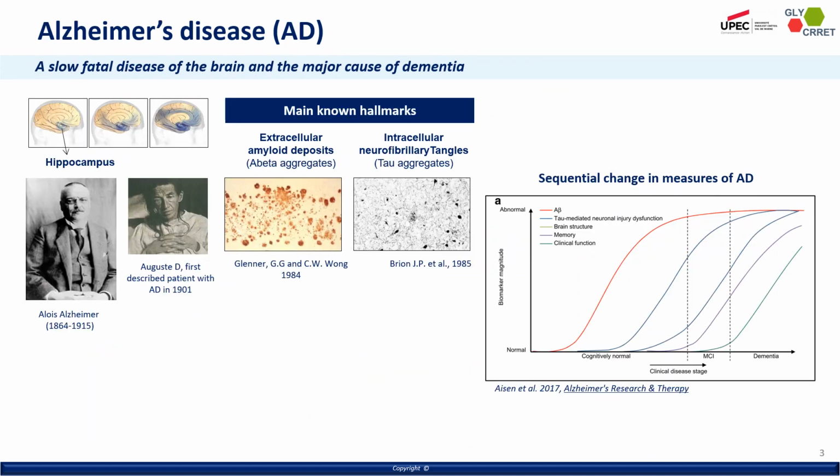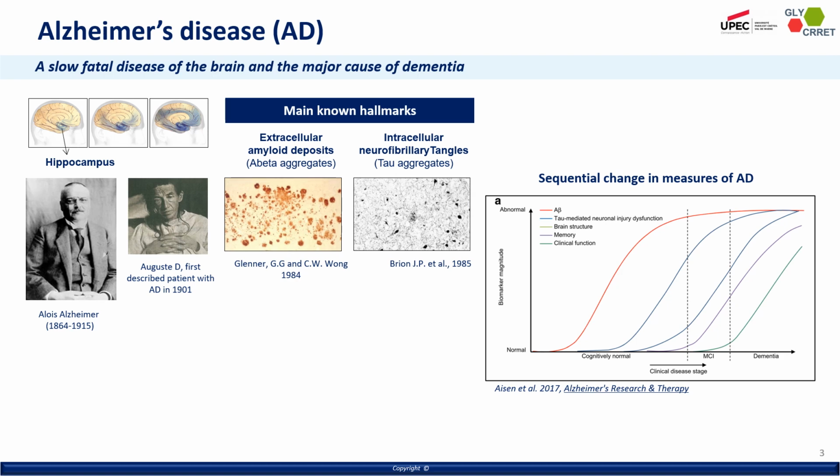So Alzheimer's disease is a slow and fatal disease of the brain and a major cause of dementia, with aging as the major risk factor. This disease was discovered by Alois Alzheimer when he observed his first patients back in the 1900s. Alzheimer's disease is characterized by two proteins. We have the A-beta and the tau protein that accumulate and aggregate in the brain, forming these extracellular amyloid deposits